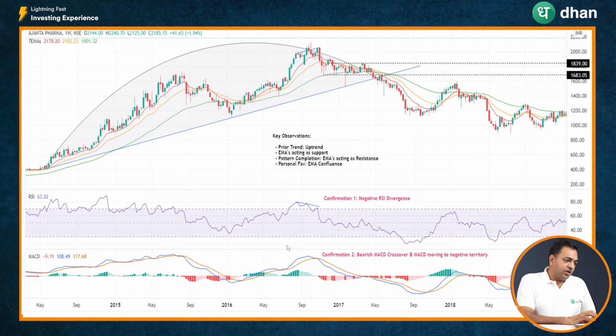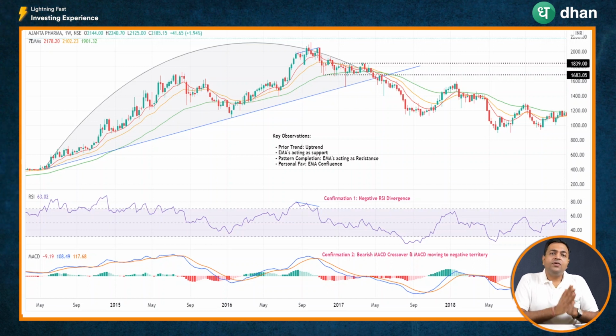And you can also notice that we have a visible negative divergence in the RSI and your MACD is giving you a bearish crossover and has started to go into the negative territory. So when you spot this kind of a formation on a higher time frame chart like a weekly chart, you can switch to a lower time frame chart like a daily chart and you can start taking your positions